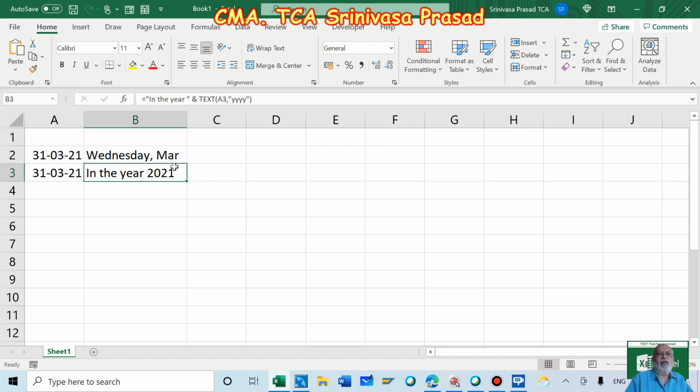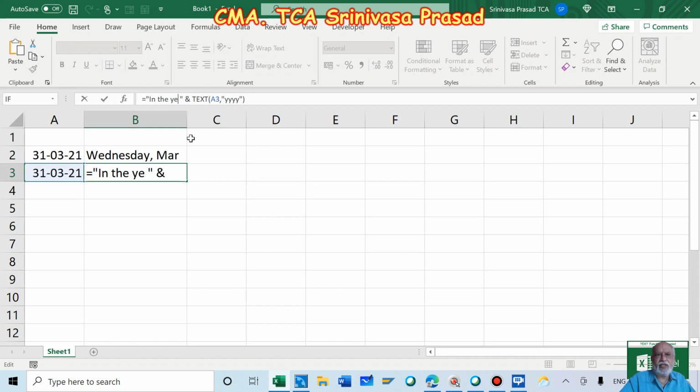If you want it as any other thing, like cost as on a particular date, we will change the same thing. Cost for TEXT A3, we will come here and say mmmm yyyy.